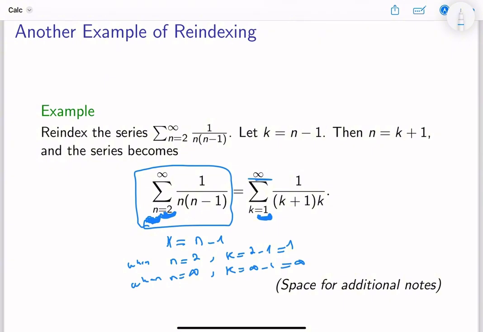Now, very important here, when you change the indexing variable, for example, here we changed it to k, you have to change it back in the summand. So this is called the summand, the thing we're summing, right? You have to change it because you no longer have n here as an indexing, and it doesn't make sense to keep an n there, because what is n here? There's no n if we change the indexing of the summand, right? So how do we change